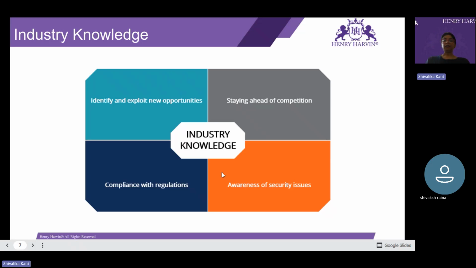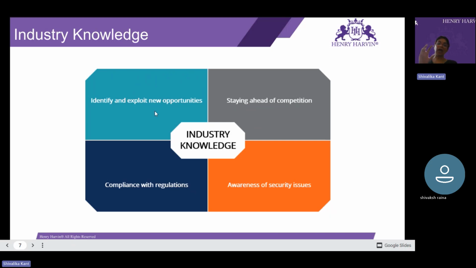Okay. Then, when we talk about industry knowledge here, the first one is identify and exploit new opportunities, the one that you're seeing in the teal color. This aspect emphasizes the ability to spot emerging trends, innovations, and market demands in an industry.